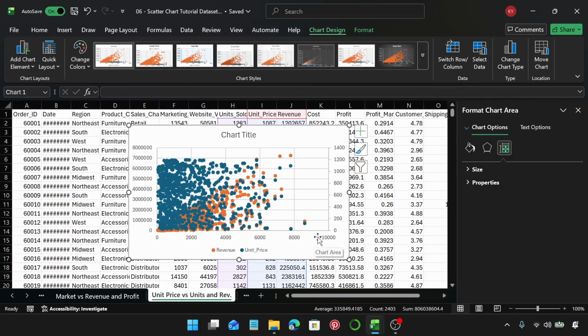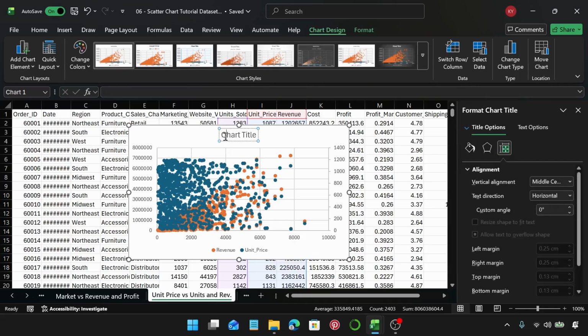So what this chart is telling us is that in the end, selling more items will drive more revenue, because we're not seeing any real positive or negative relationship between price and the number of units sold. Anyway, that's it for this one. I'm going to name this chart unit price